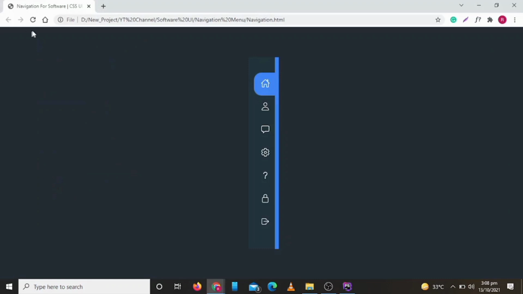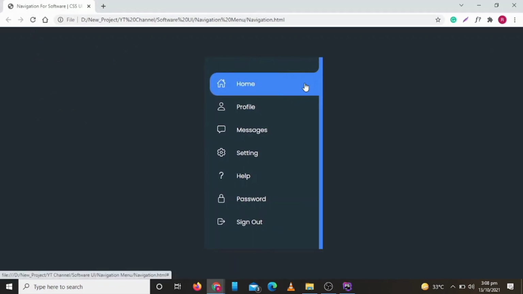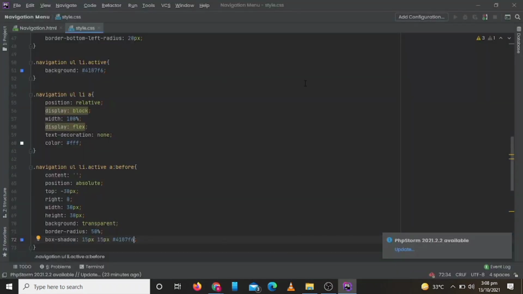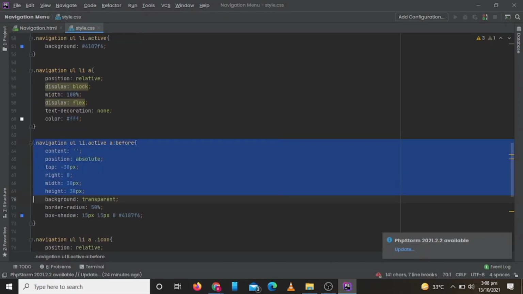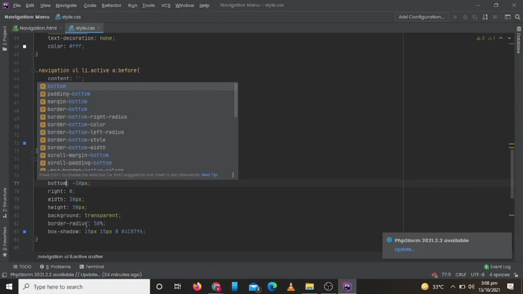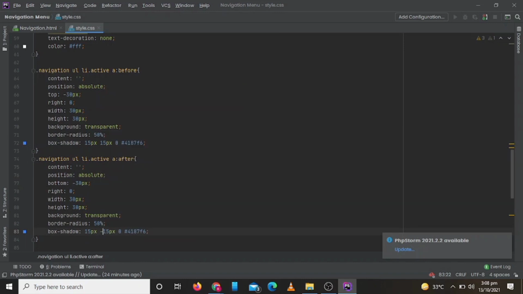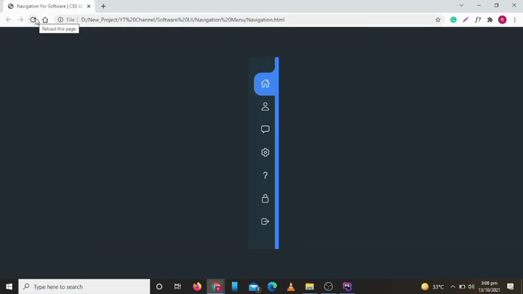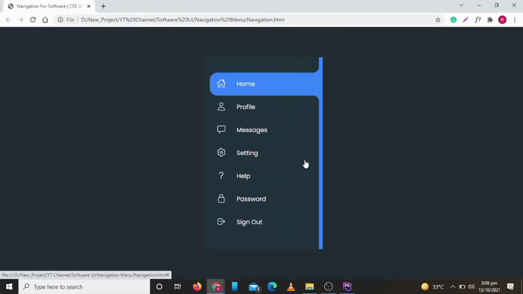Let's check now how it is looking. So our border top right radius is looking good. Now let's add a radius to our bottom element as well. Now let's check how it is looking. So it is looking really good right now.